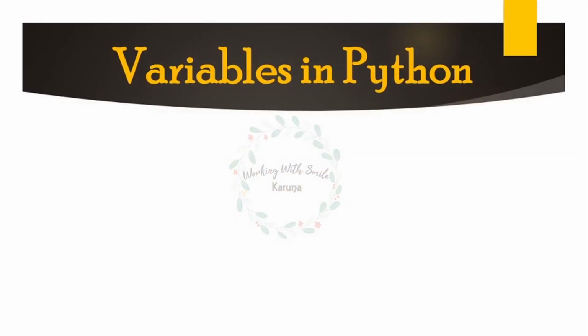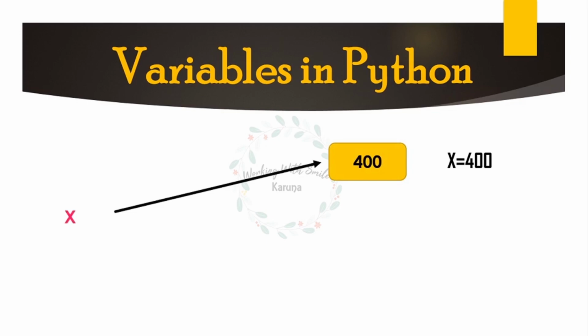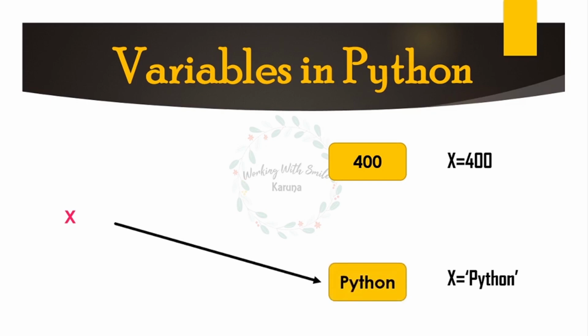Python follows a different approach to deal with variables. This we can understand with the help of the example that I am going to explain now. I have created a variable x with value 400 assigned to it. When this is done, memory gets allocated to 400 and x refers to that memory address. If I assign a value of different data type to the same variable x, then the memory gets allocated to the word Python and x starts referring to the memory location of the word Python and leaves the place where 400 was stored.